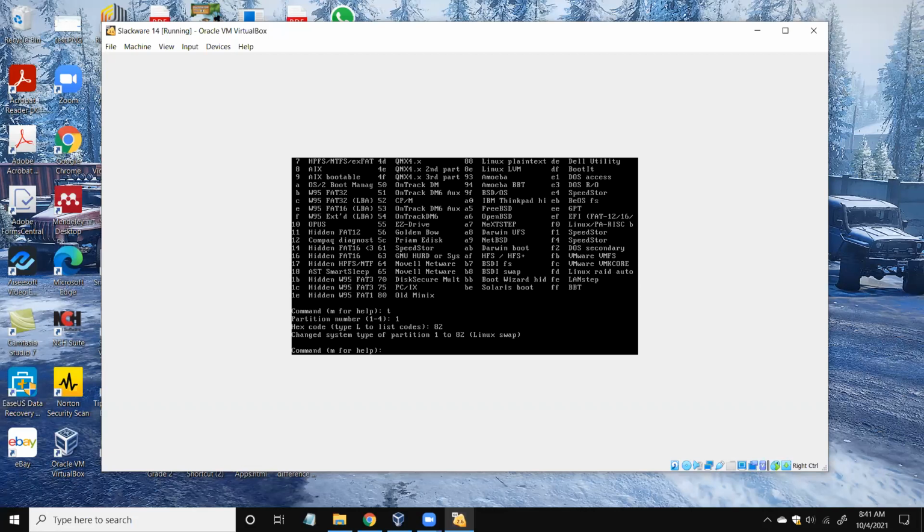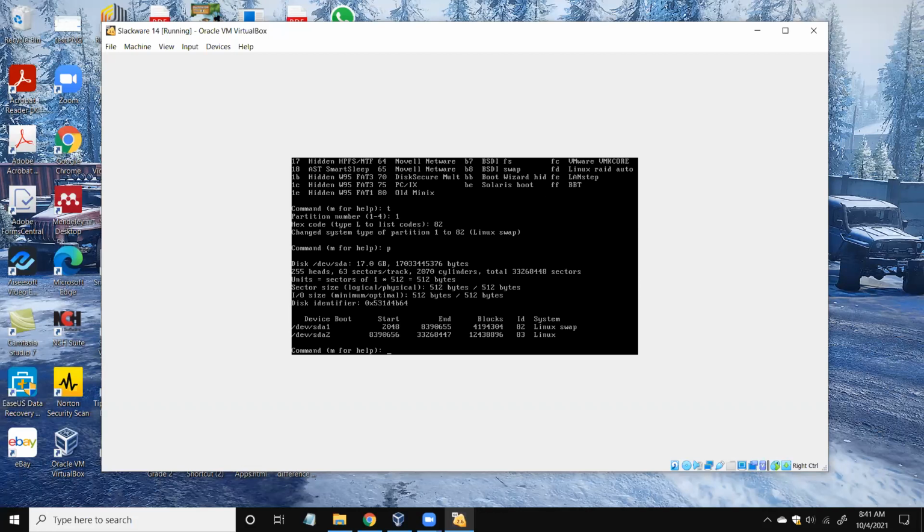Now it is changed to Linux swap partition, as you can see here. Then to make sure, I will print and see. So now we have our partitions created, but still this is not written into the partition table.